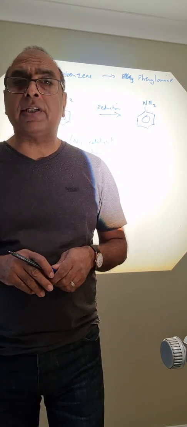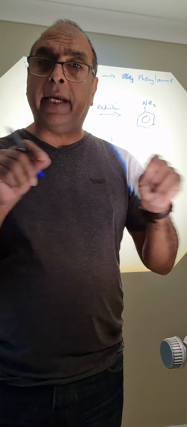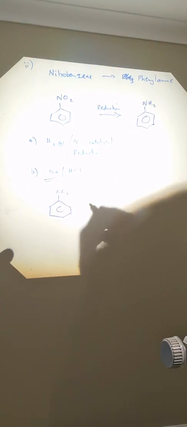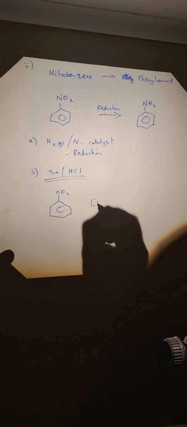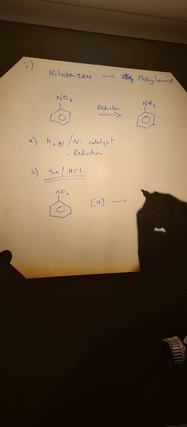Well, we use a similar thing here. For reduction, we're going to show H in square brackets. So if we write H in square brackets there, and we turn that into NO2,